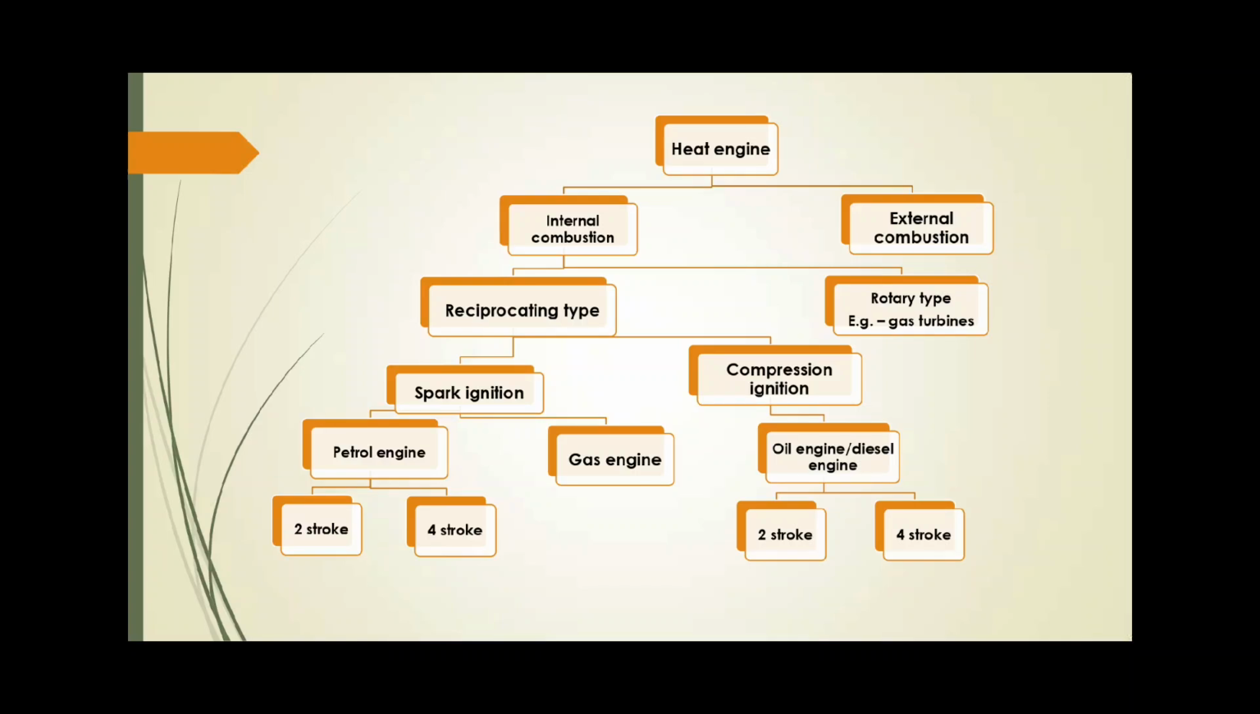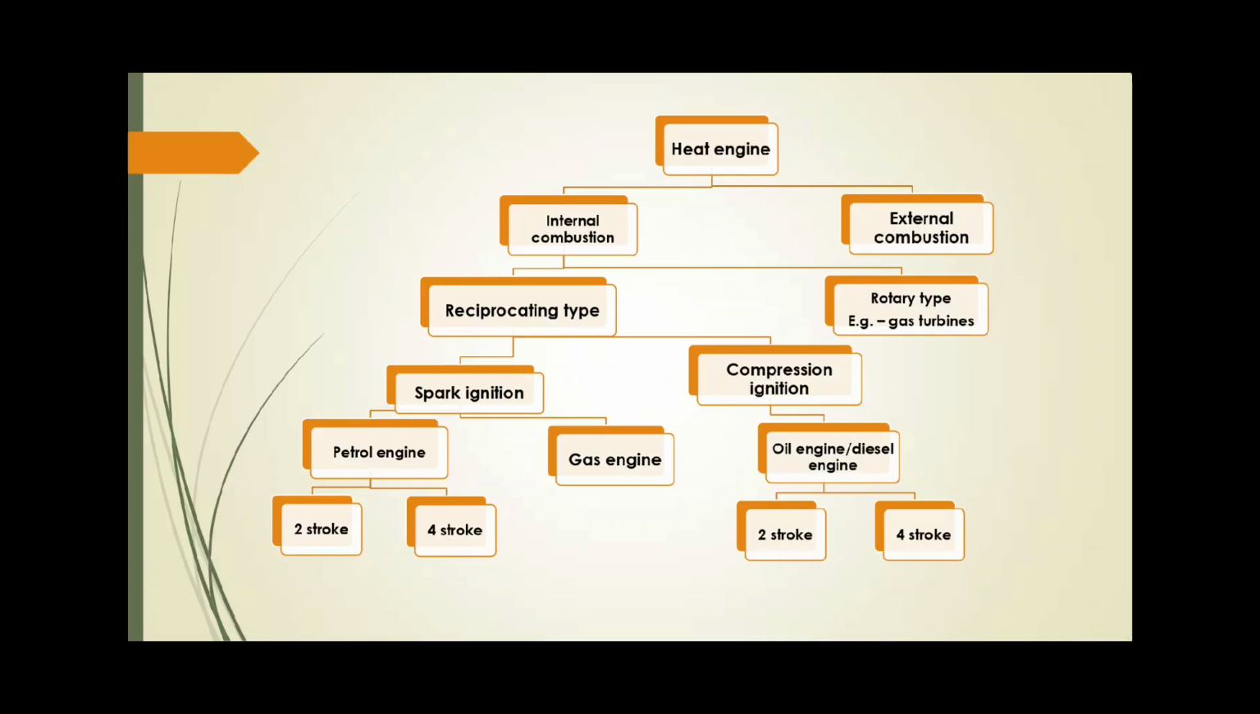Spark ignition engine, second one is compression ignition engine. Spark ignition engine is nothing but petrol engine. If the spark is used to ignite the fuel, it is called spark ignition engine. All the petrol engines are called spark ignition engines. Compression ignition means diesel engine. Why are all the diesel engines called compression ignition engines? The compressed air alone is enough to ignite the fuel, so all the diesel engines are called compression ignition